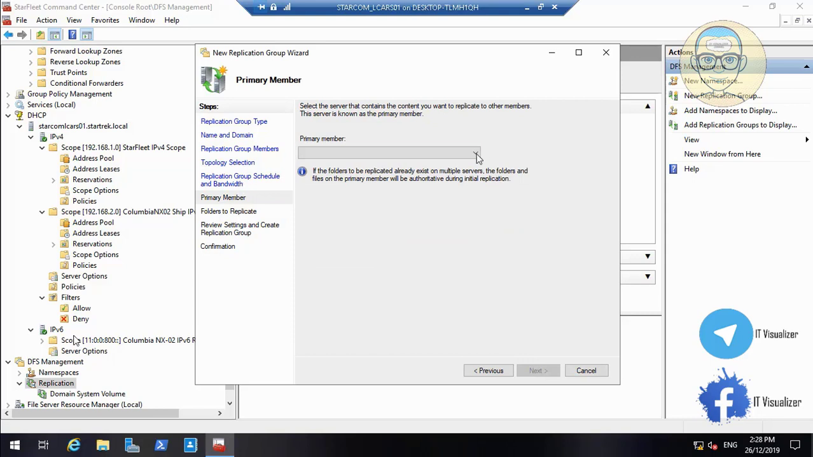Next, you need to tell him what is the primary member, who is the primary server, or who is the master that you will copy your content from. So our master will be starcom_01. This is the first file server. It will contain all of my data, and it will be the master, and the last two will be the slave, or the copy, or the replica. Okay, so now they will do this, and then next,